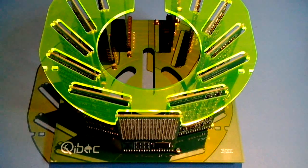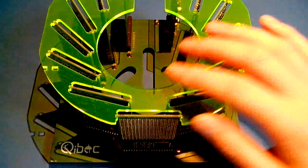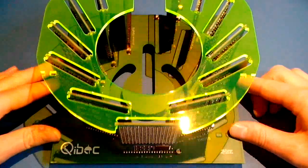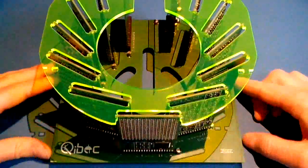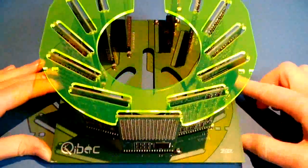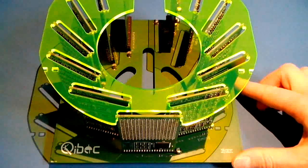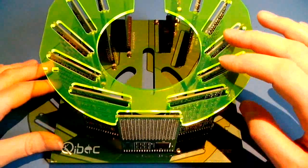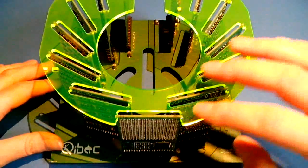Hello, this is a video about the Qibec 1-bit 1-instruction transistor CPU that you can see right here. In this video we'll take a look at the physical appearance of the CPU, in other words this box that you see right here, this baseboard plus plug-in modules. What do they do? And without going into too much detail, because the functionality of each plug-in module is described